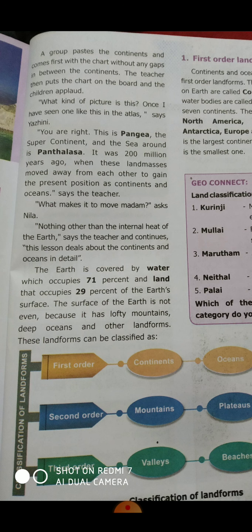You're right, this is Pangaea, the supercontinent, and the sea around is Panthalassa. It was around 200 million years ago, when these land masses moved away from each other to gain the present position as continents and oceans, says the teacher.